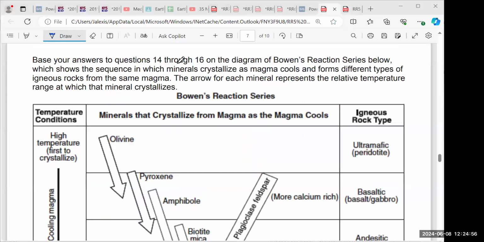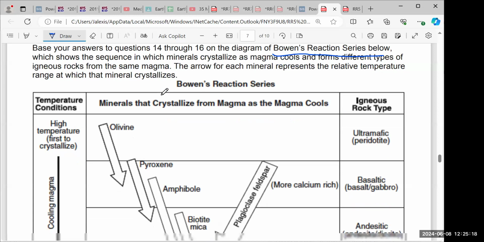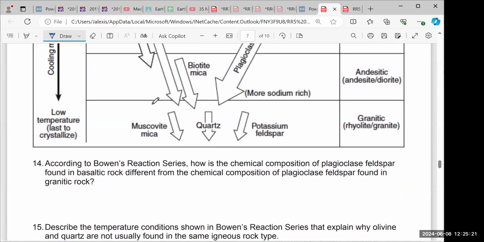Number 14, it says base your answers to questions 14 through 16 on the diagram of Bowen's reaction series below, which shows a sequence in which minerals crystallize as magma cools and forms different types of igneous rocks from the same magma. The arrow for each mineral represents the relative temperature range at which the minerals crystallize. According to Bowen's reaction series, how is the chemical composition of plagioclase feldspar found in basaltic rock different from the chemical composition of plagioclase feldspar